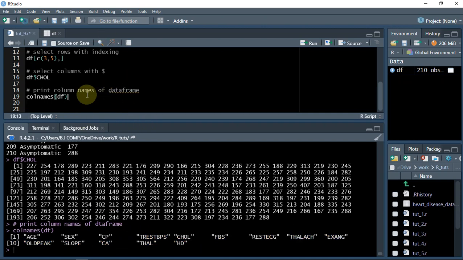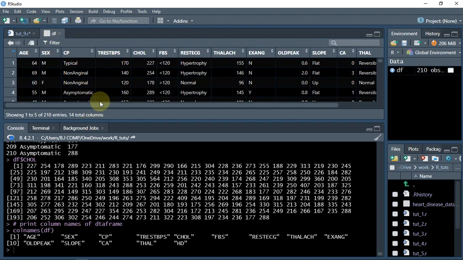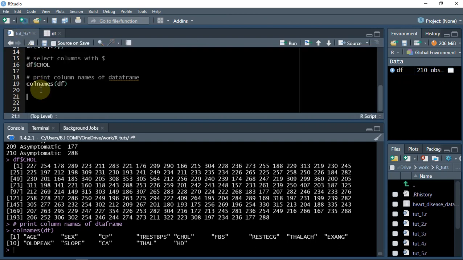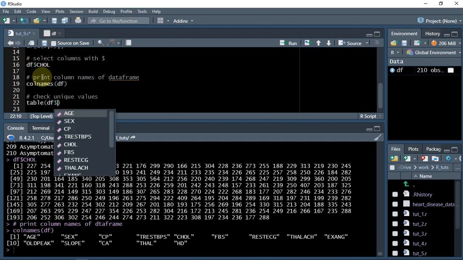And let's say I want to grab unique values or see how many unique values in a particular column, right? Let's check for this CP or maybe sex, which is male and female. So I can say check unique values. So these are all the operations which you can use with your data frame, right? And data frame and then sex,